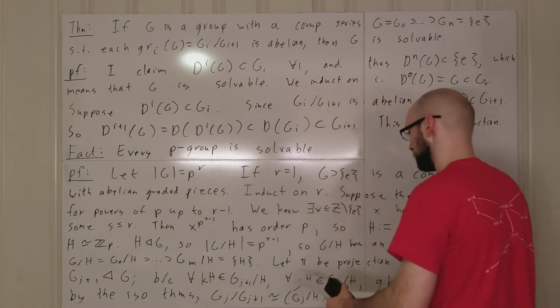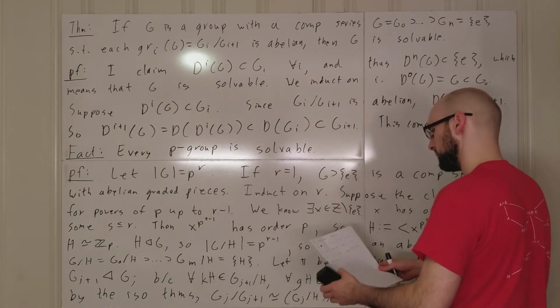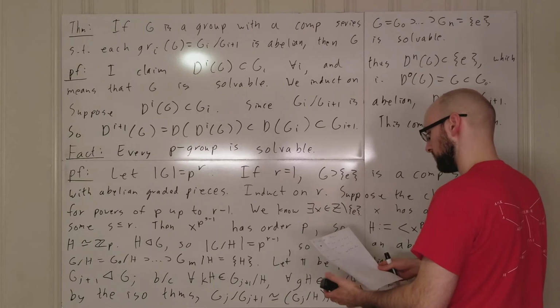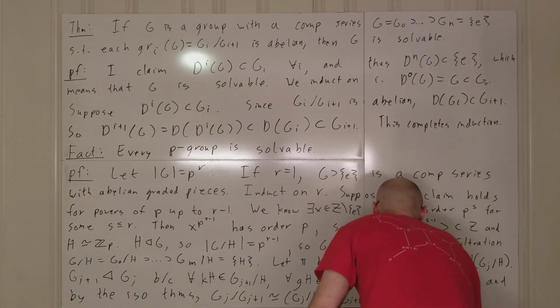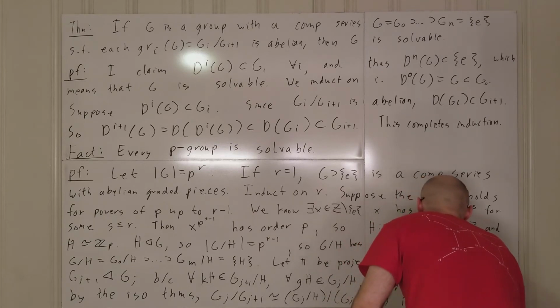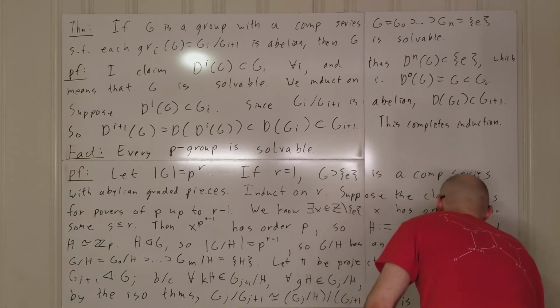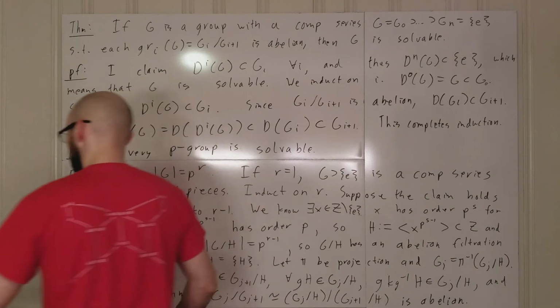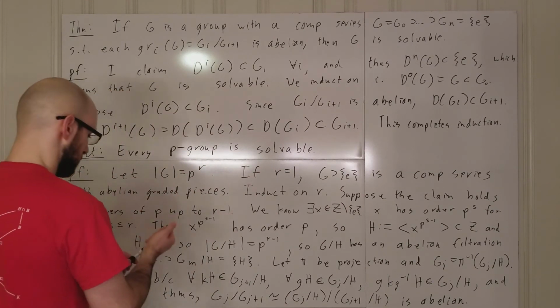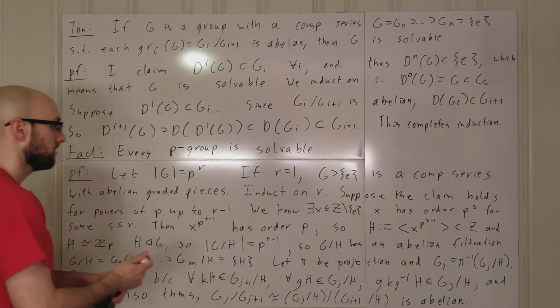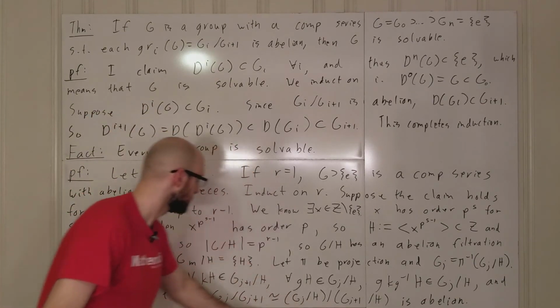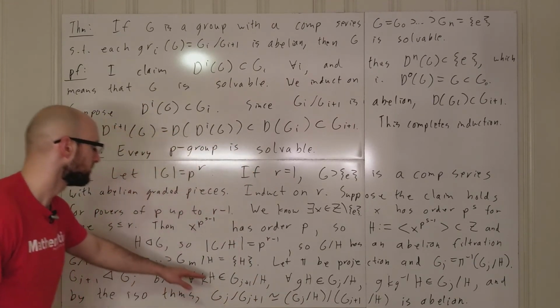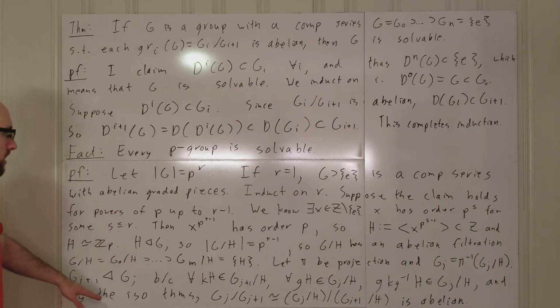And so this is abelian. Why is this abelian? Well, oh right, because this is an abelian filtration, so this is abelian, and so this is abelian, and so then